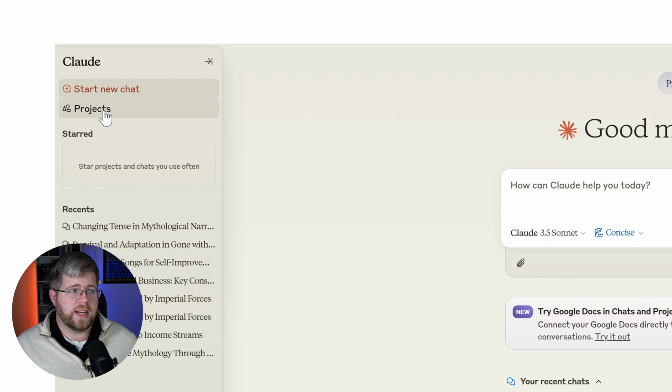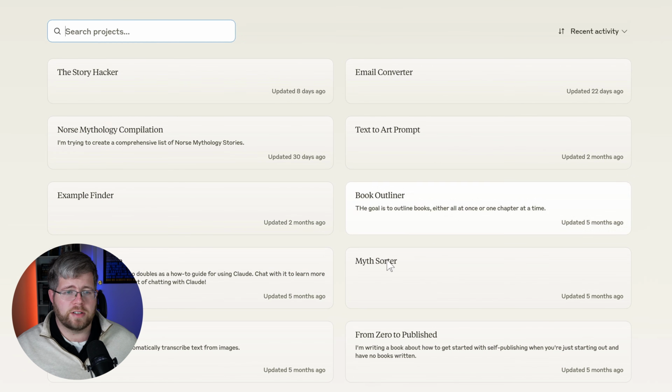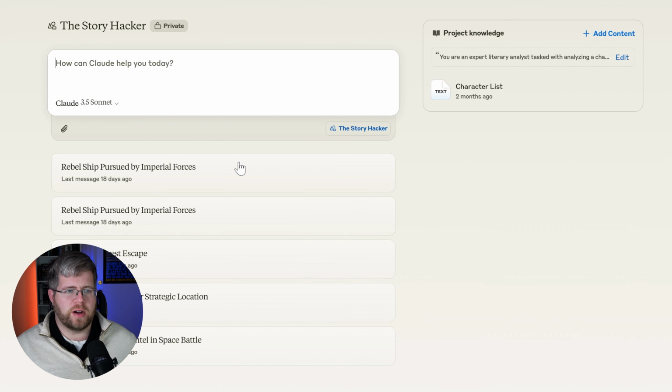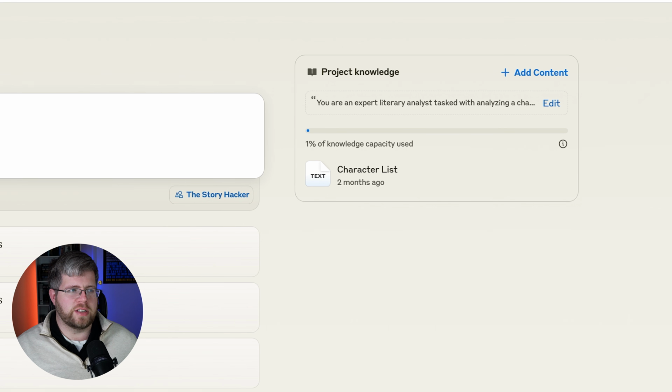You can also access projects in Claude. In fact, Claude did the projects thing first, and here are some of my projects. And these work exactly like the ones I showed you in ChatGPT, except ChatGPT sort of copied what Claude was doing because Claude had this first. So you click on any of these projects and then you can chat within this project. You've got project knowledge here. You can add files, etc. And it does a really good job. It's my favorite way to interact with the AI through a chatbot, through a project like this, and particularly in Claude projects because it's nice and simple.